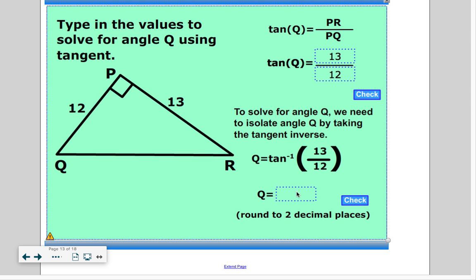There's a second button directly underneath the parentheses, and then you would hit an inverse tangent button. But for an iPhone, you have to put in your 13 divided by 12 and hit enter, and then you would take an inverse tangent of that, and your angle should come out to about